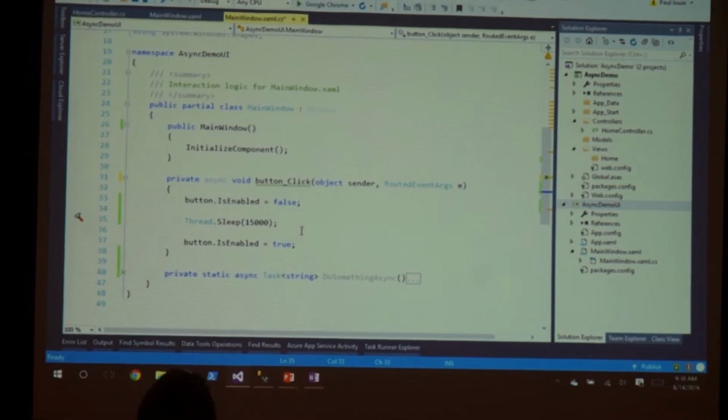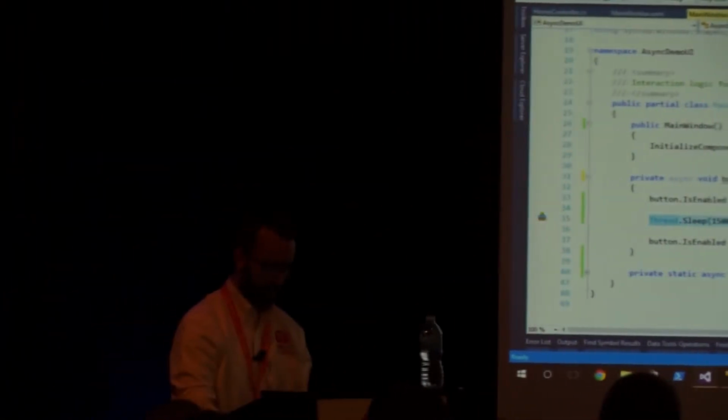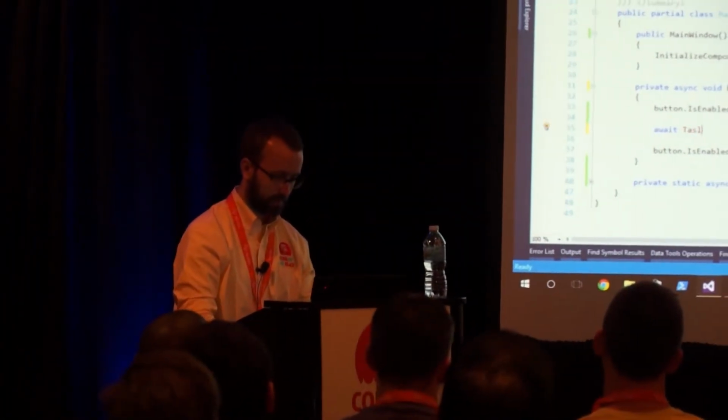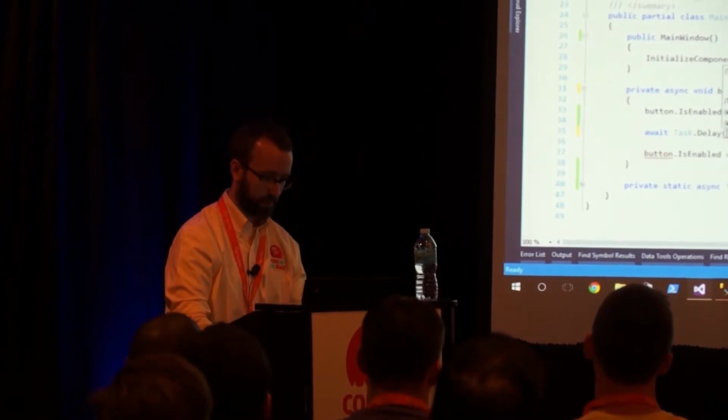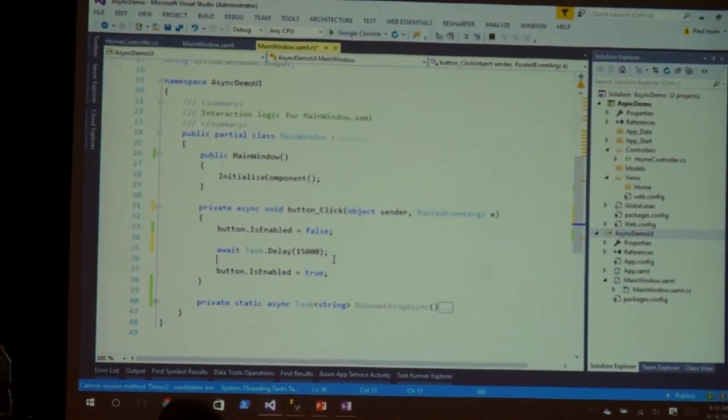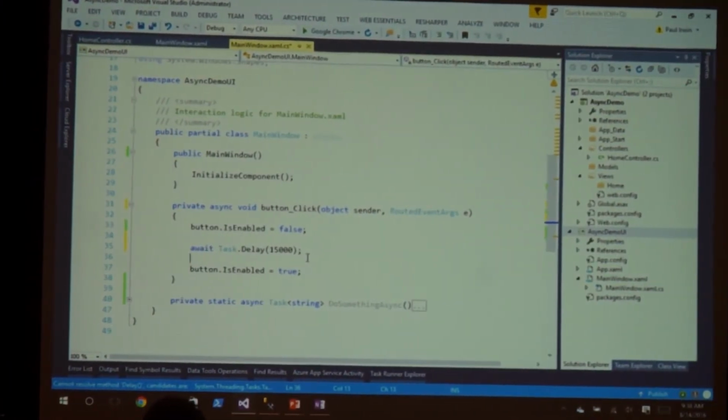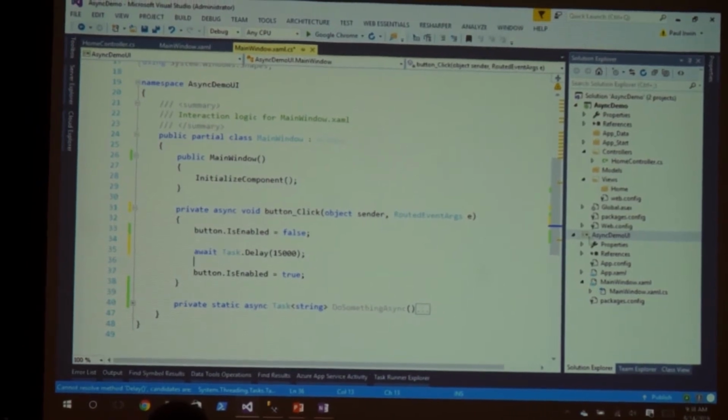So what we're going to do is change this to await task.delay, which is the async equivalent of thread.sleep. So almost identical code, right? But we've got the await keyword. Now if we run this,